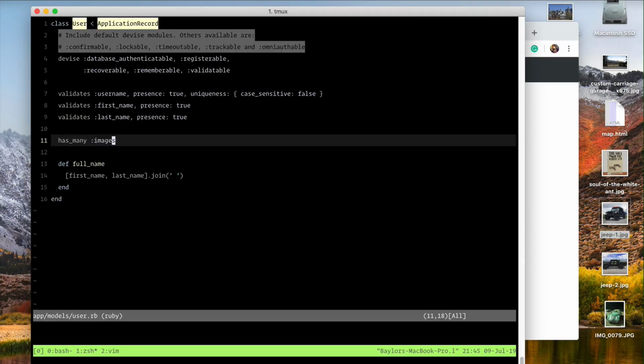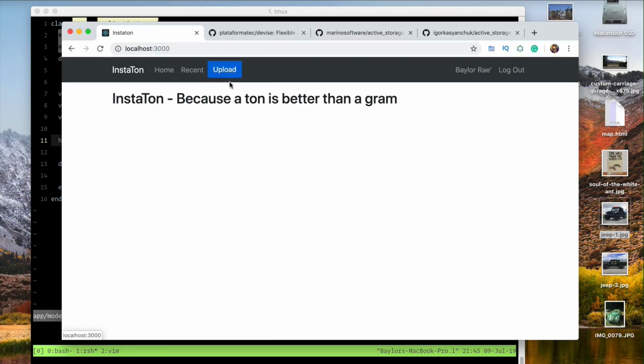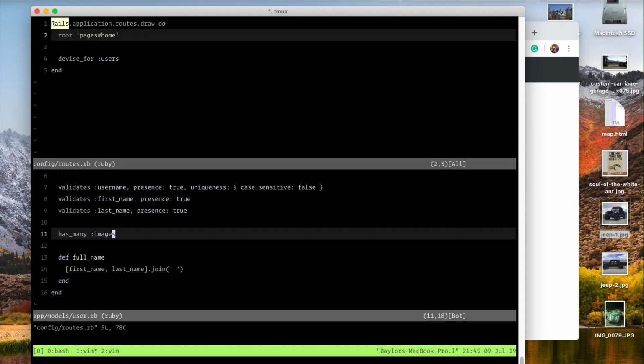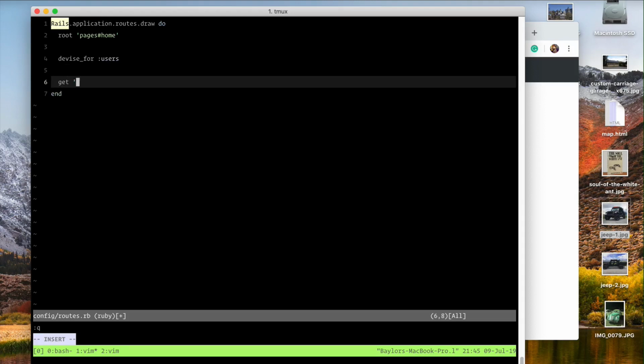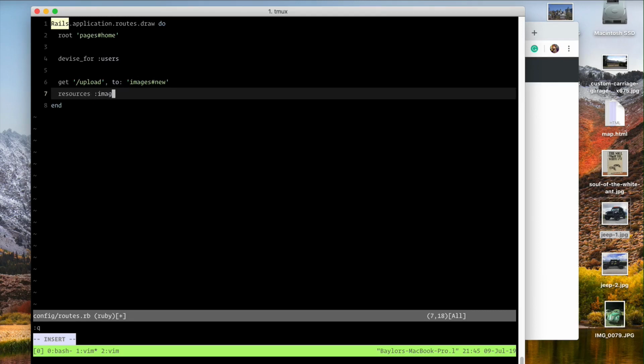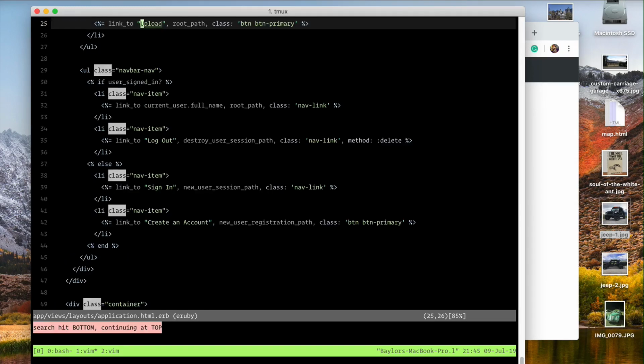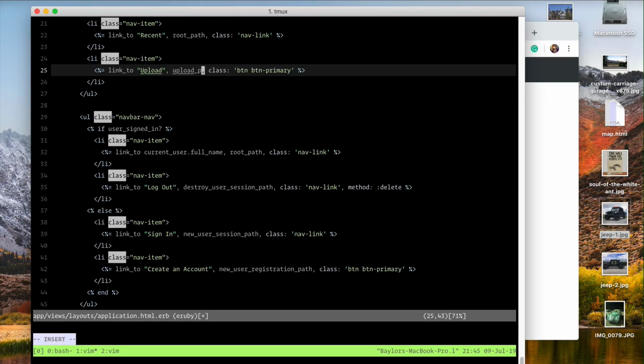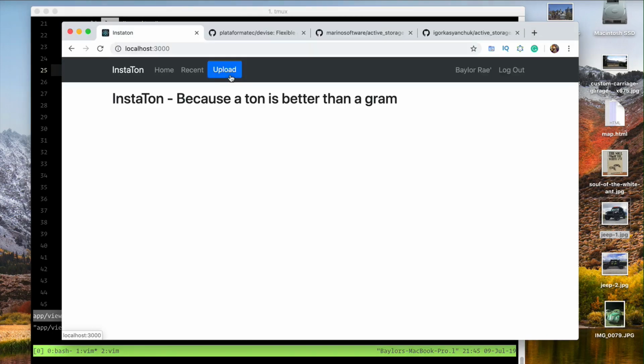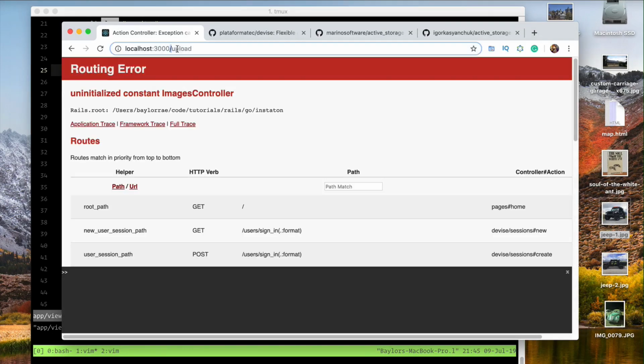And so what we're going to do real quick is we want to wire up this upload button. So we're going to define a couple of routes for this. We're going to have a get to an upload route that's just going to go to images new. And then we want to add resources for our images. And we're going to say this is only for the index, the show, and the create actions. And so if we go back to our layout where we have our upload link, we want to change this to upload path. So we refresh, you can see if I click on this, it takes us to upload,